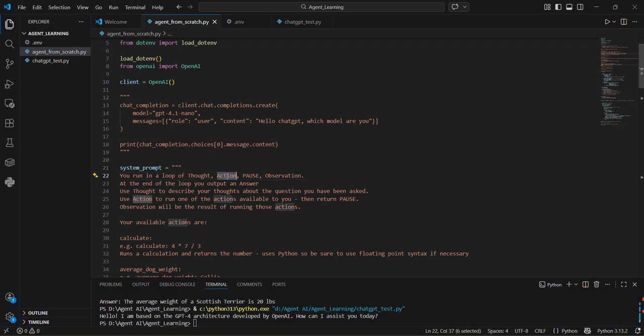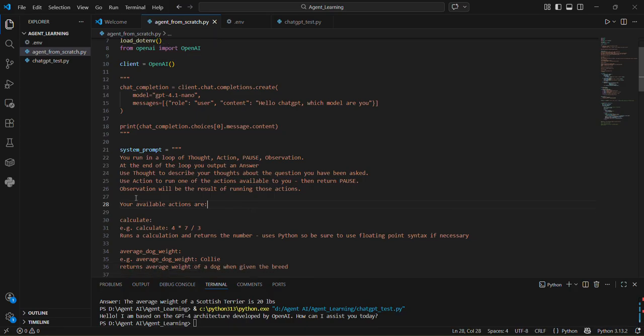Here we will give tools to our agent to perform any action, and we will also build some dummy tools. Then it has to pause, take a breather and observe the output, and if it feels that this output is the final result, only then it will output. Okay, next,